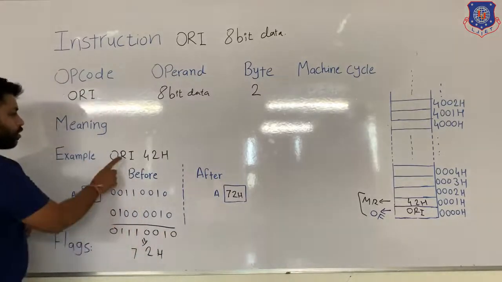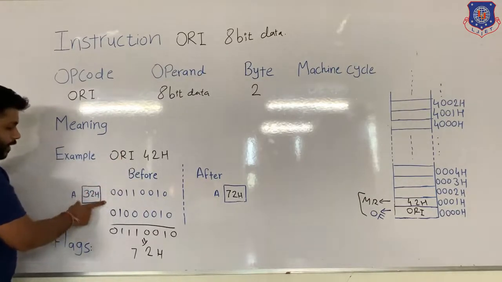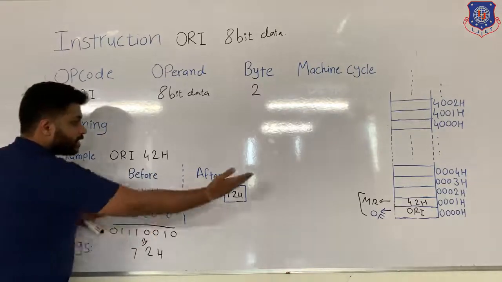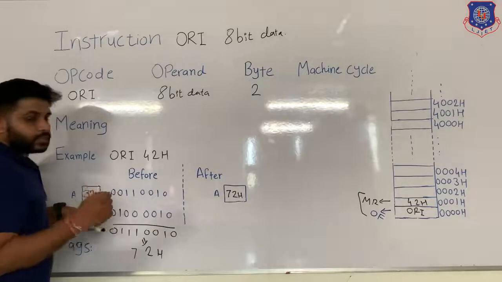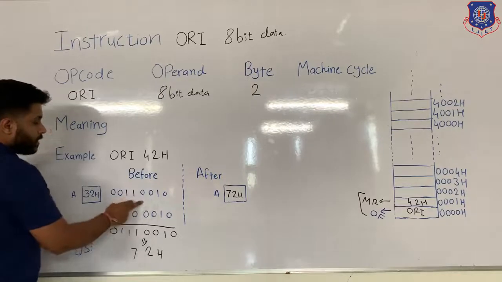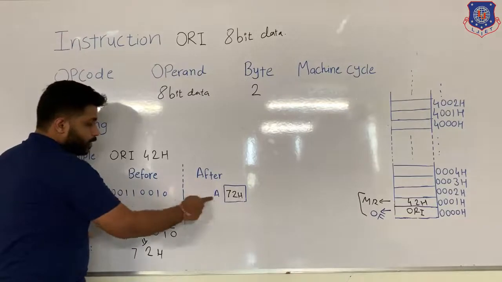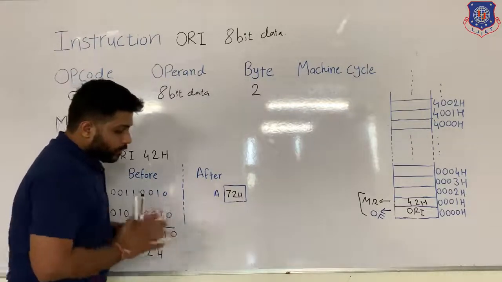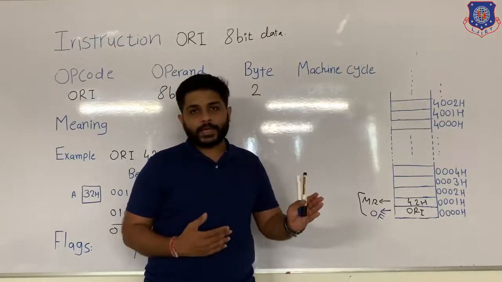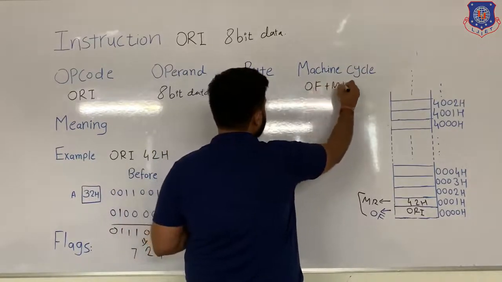During the execution, logical OR is performed. Between which numbers? Between the content of the accumulator, which was already present in the microprocessor, and 42H, that was just transferred during the instruction fetch process. So both of these data are already present in the microprocessor. After that, logical OR will be performed. So the answer will be stored in the accumulator, which is again part of the microprocessor. What I am trying to say is, during the execution process, no interaction with the memory is happening. It means only 2 machine cycles are needed, that is opcode fetch plus memory read.